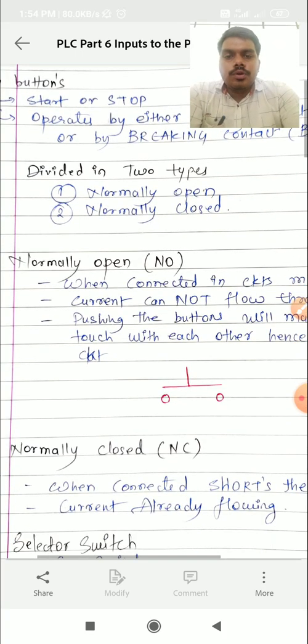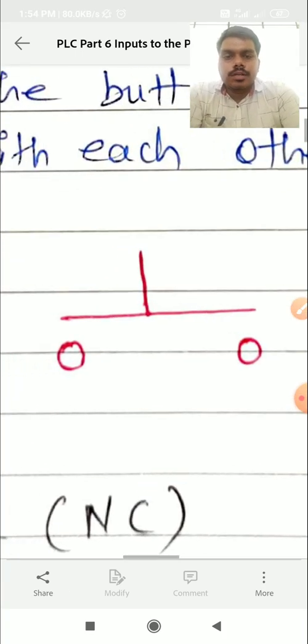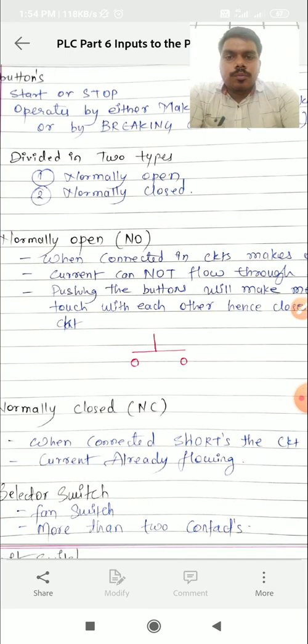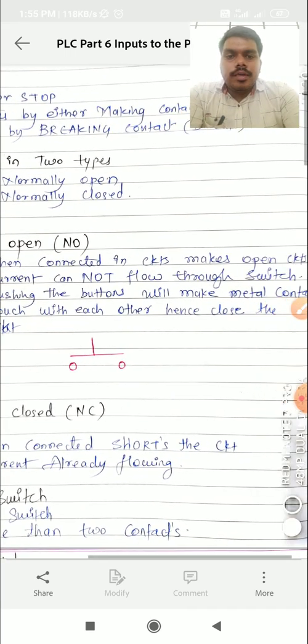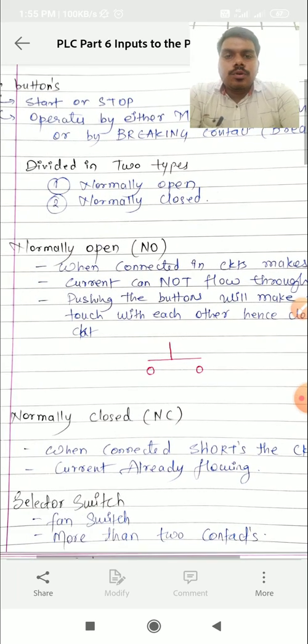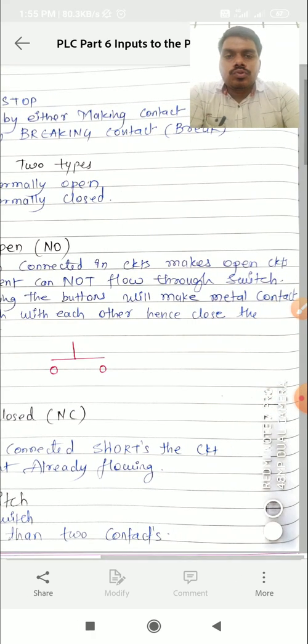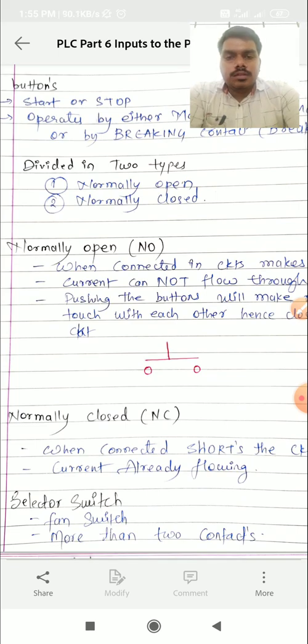So what is normally open? It is denoted by this symbol. Let's see. These two circles, and above there is a space, so it is not making any contact. A normally open contact makes an open circuit. When a normally open contact is connected in a circuit, it makes the system an open circuit. Current cannot flow through the switch. If this NO contact is connected in the circuit, then current will not flow